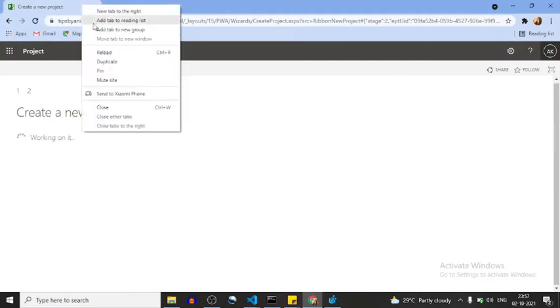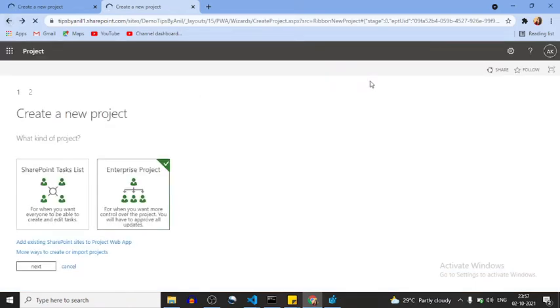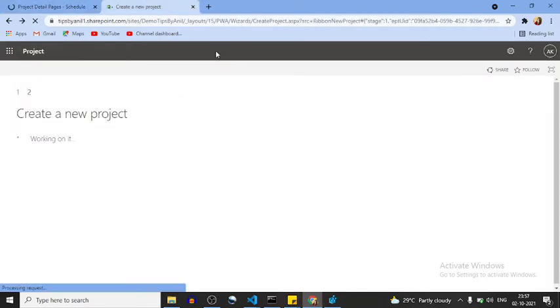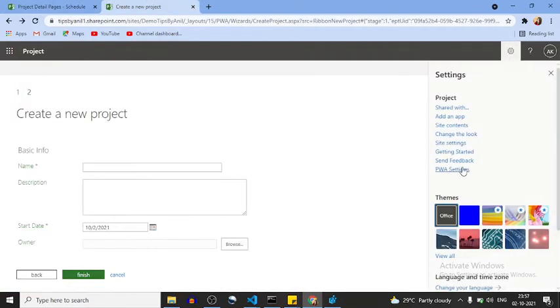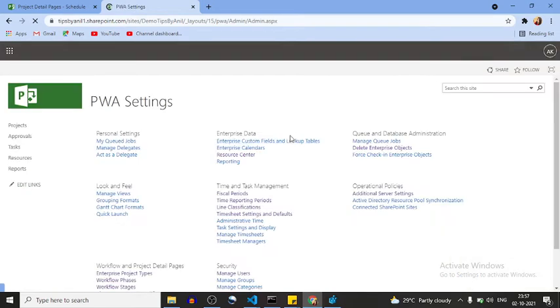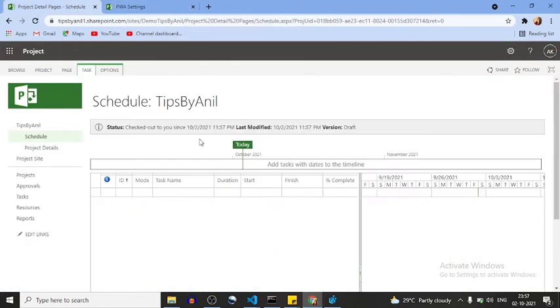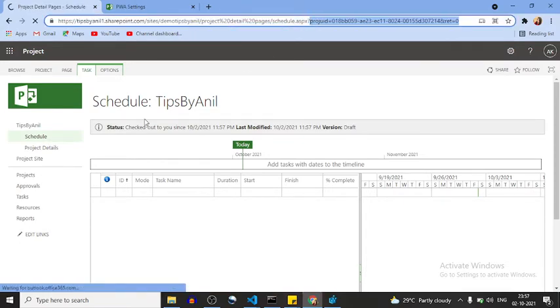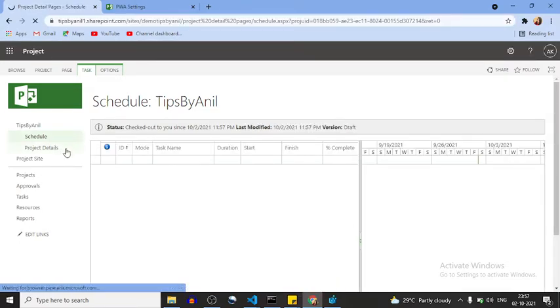Okay, till that time, we can move on to Project Web App. I'll go into Settings, PWA Settings, and here you can see Scheduling is a PDP, schedule.aspx, and Project Detail is also a PDP.